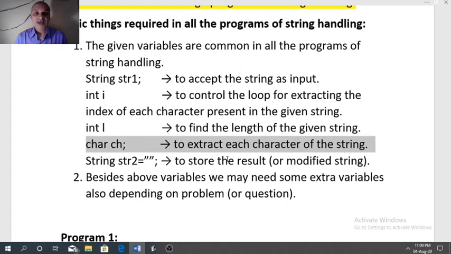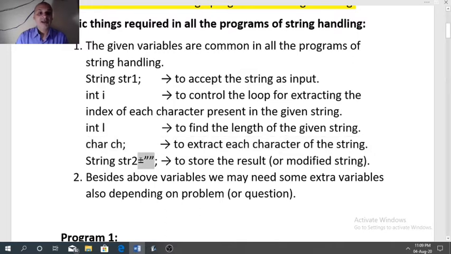So to store each character we need a character type variable ch, and to store the modified string or result, that will be a string. So we need a string variable str2, and we must store blank in that variable str2.